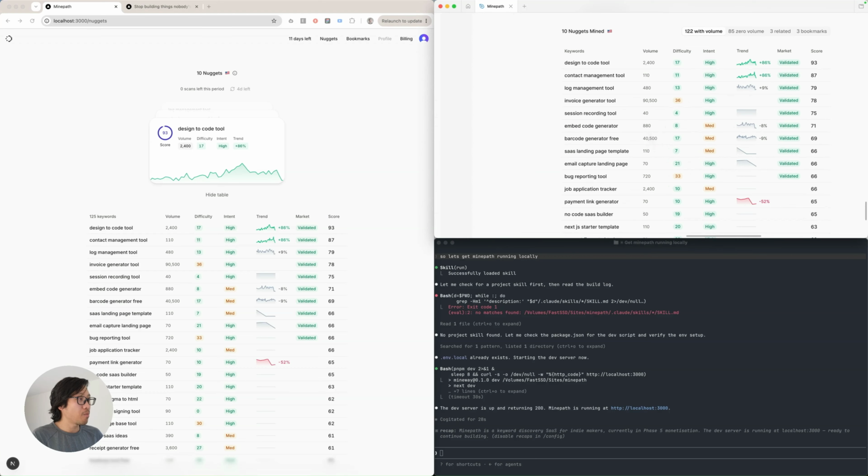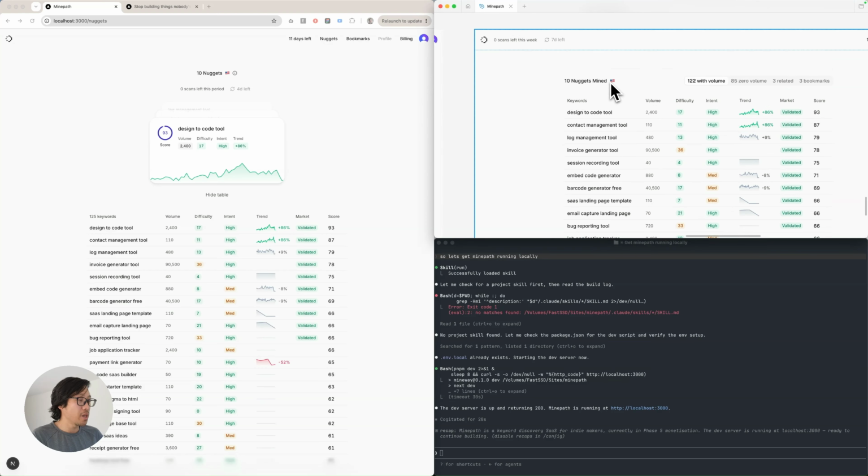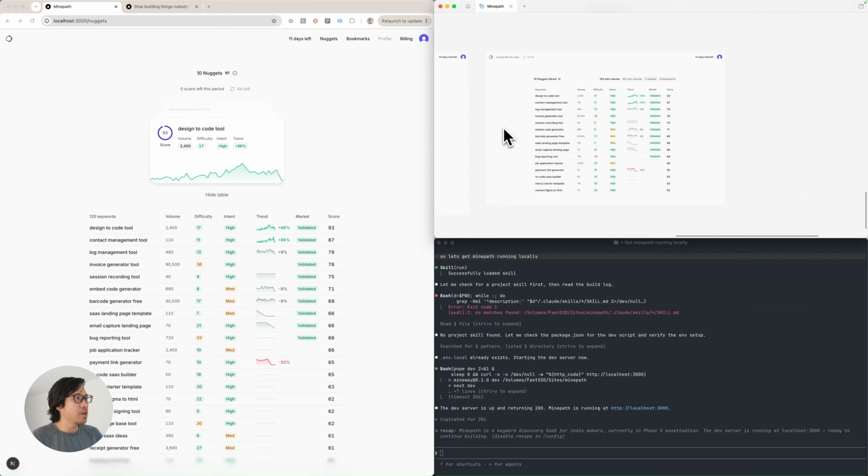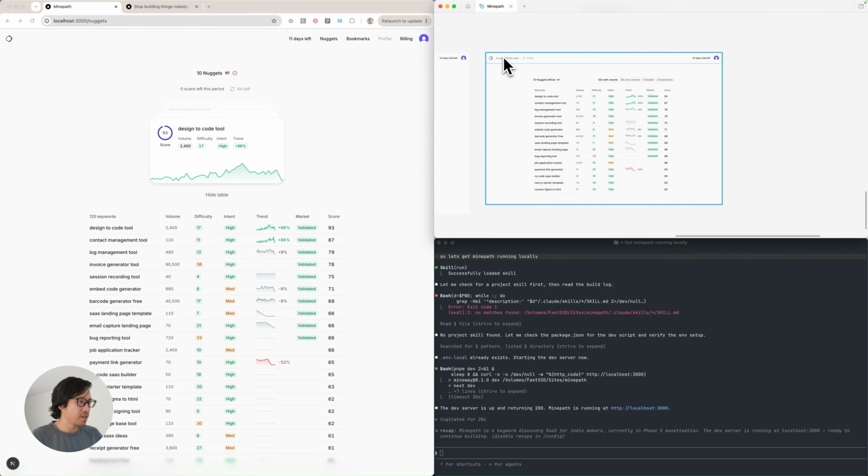Now, just some small things. It says 10 nuggets mined, right? So it's the top 10. And sometimes that's not very clear, right? But I'm not going to get too crazy about that. I just want to go to this design. Okay, so